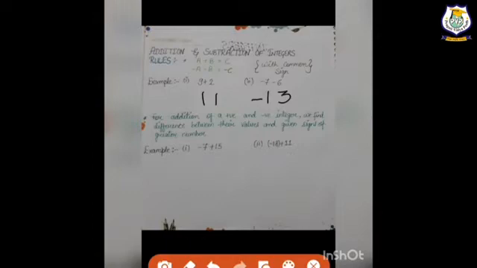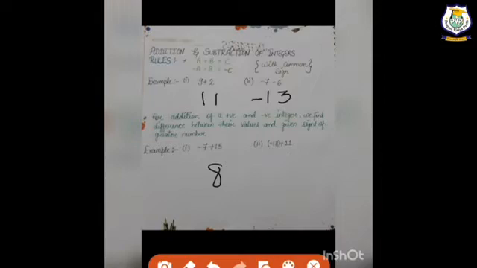Now we will come to our second point. The second point is, if one is negative and one is positive, then what are we doing? We are doing the subtraction and the sign we will put is that of the greater number. First one is minus 7 plus 15. We will subtract here because we have to find the difference. We will subtract 7 from 15, so we are getting 8. Here 15 is the positive number and 15 is our greater number. So what will be our answer? Plus 8, because 15 is greater.